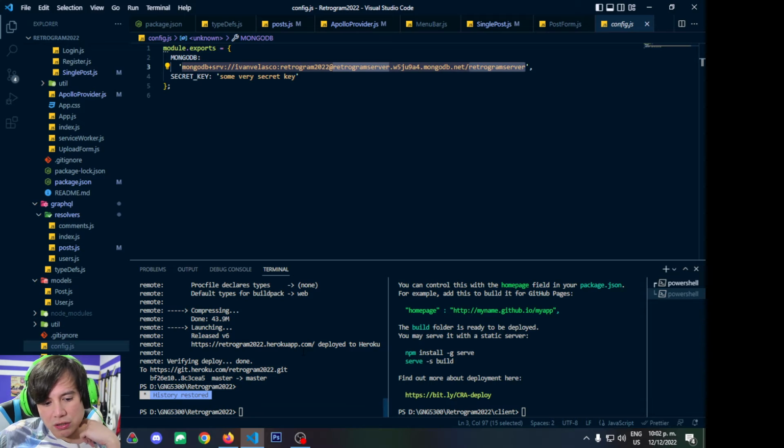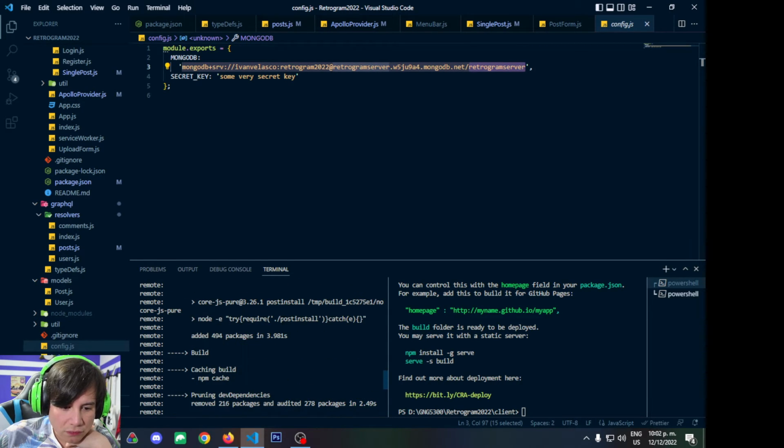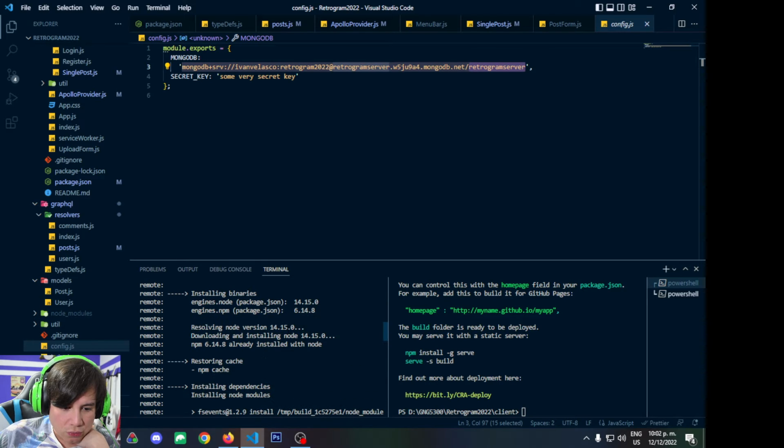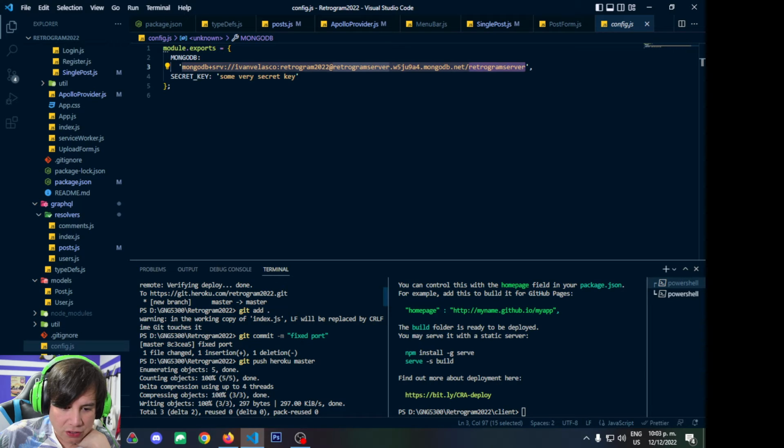So what we are doing here is we are deploying our server in Heroku. In Heroku, we can see that we have different options to deploy. For the server, what we do is we install Git, we install Heroku, and once we've got those, we get into our server folder and we run the commands git add, git commit, and git push